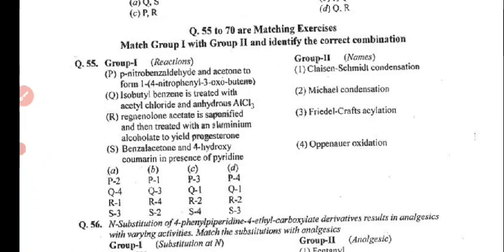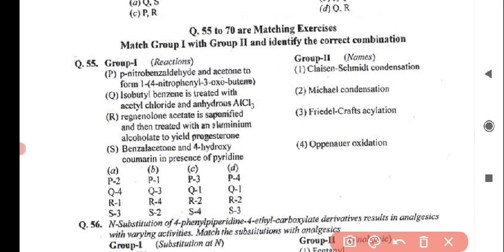आज मैं डिस्कस करूंगा द रिमेनिंग पोर्शन ऑफ फार्मेसी गेट 2006 ईयर का क्वेश्चन पेपर, और इसमें मैच द फॉलोइंग और स्टेटमेंट बेस्ड क्वेश्चंस रहेंगे। सो लास्ट टाइम 54 क्वेश्चंस कंप्लीट कर लिए थे, हम 55th क्वेश्चन से कंटिन्यू करेंगे आगे। सो लेट्स स्टार्ट। So the question is match the